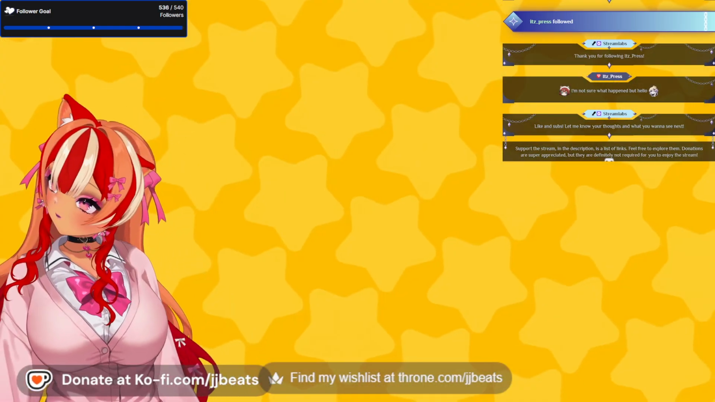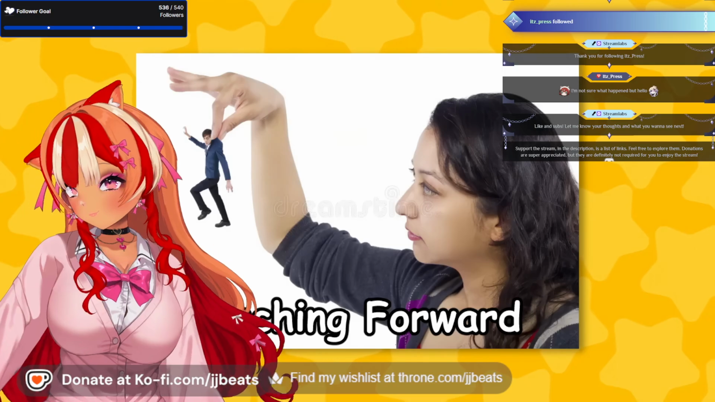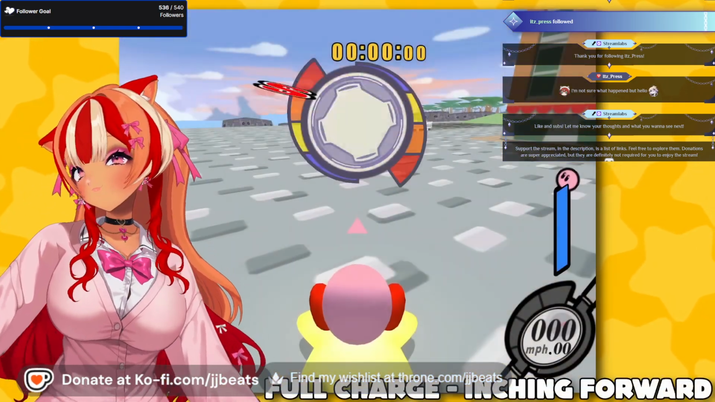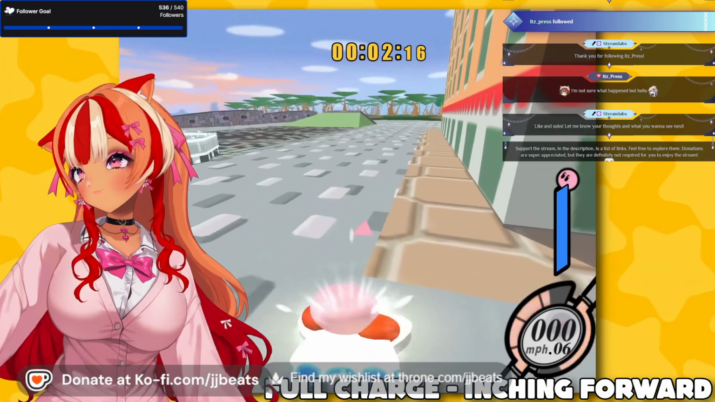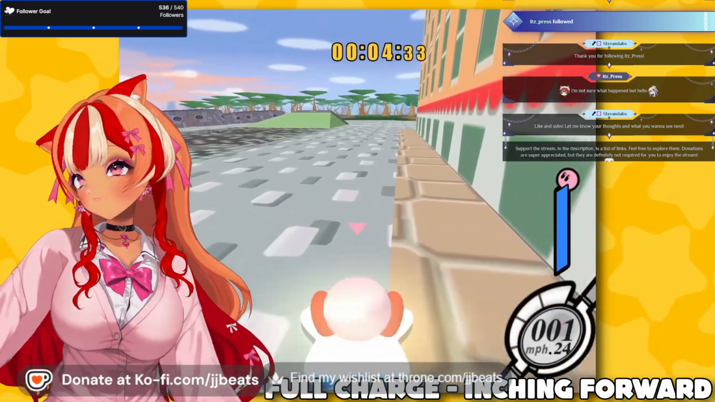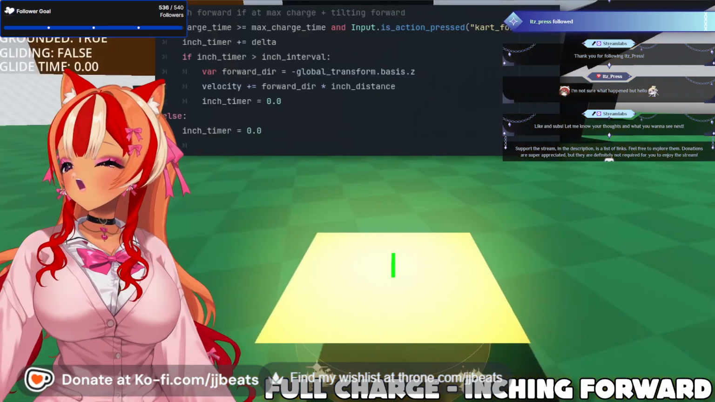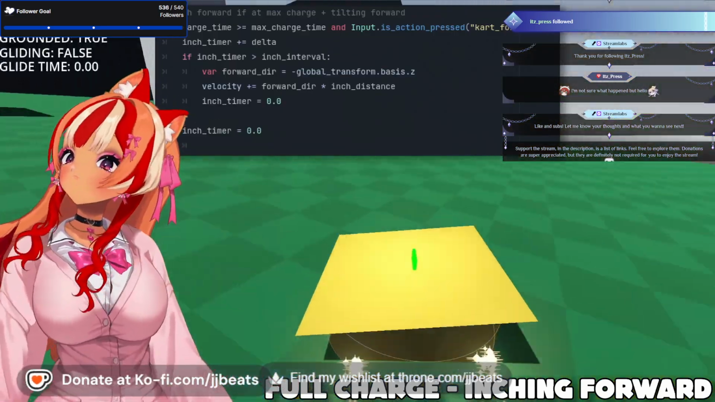Next up, I added another inch-sized detail, being inching forward. Basically, in the original game, while at full charge, you can inch forward slightly to adjust your positioning. This was another super simple change to add, as I was basically able to check to see if you were fully charged,